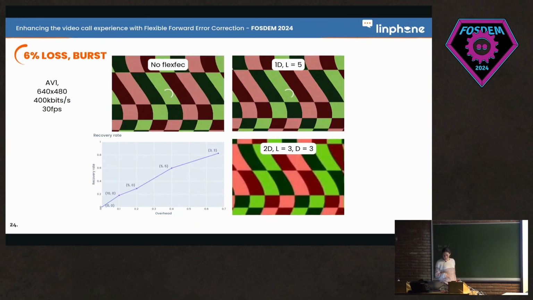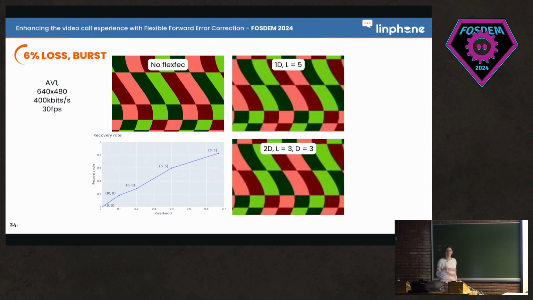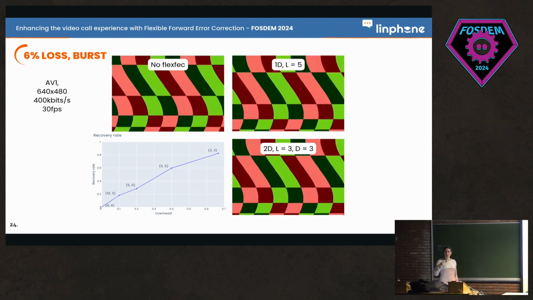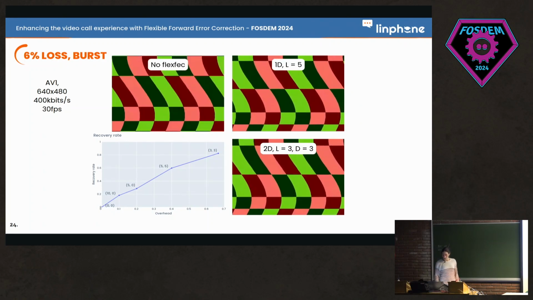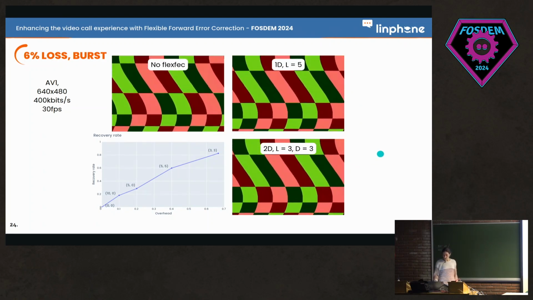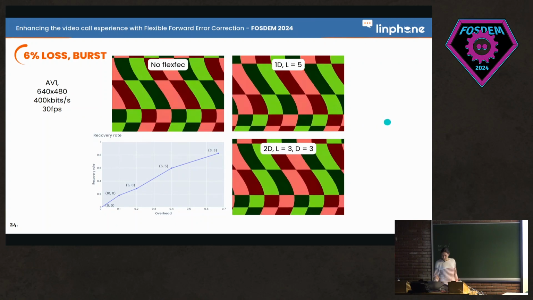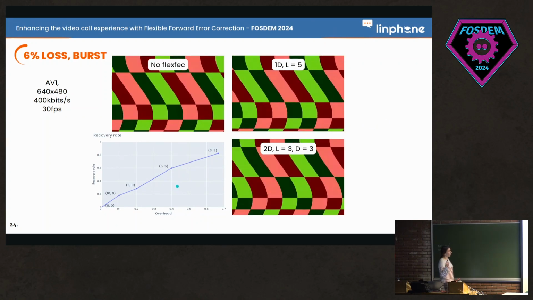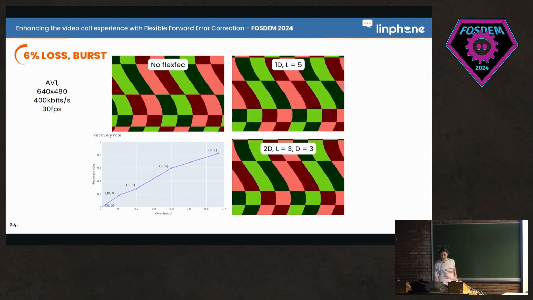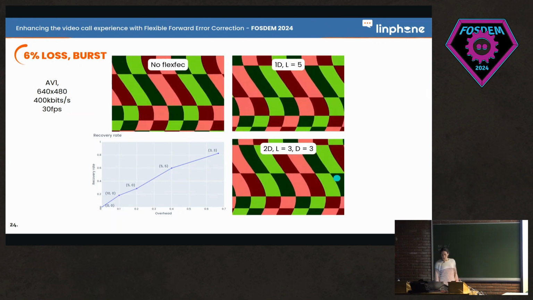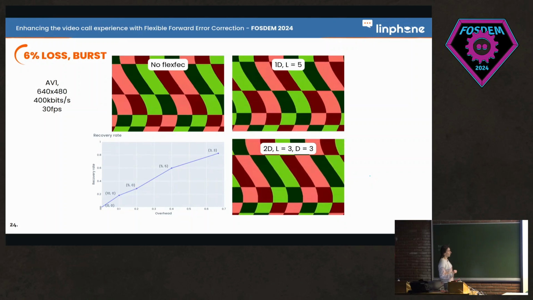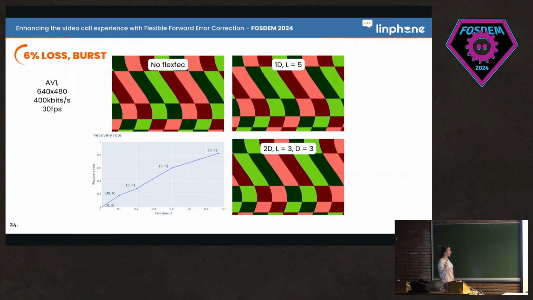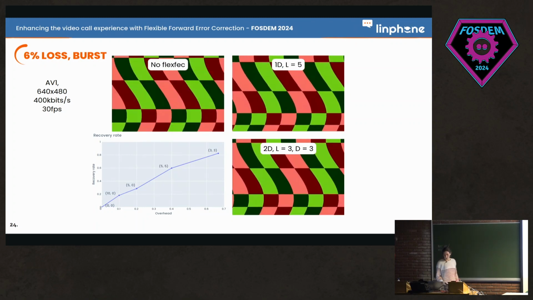Another example here. This time we have simulated a transmission with loss and bursts. So we lose consecutive packets. So it is a very bad situation. This time you can see that the performance of the FEC reconstruction decreased a little, but they are still interesting. In the two-dimensional parity protection, you can see now some freezes, but it is still much more fluent than the initial video.